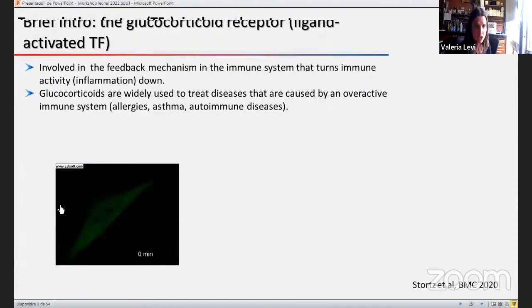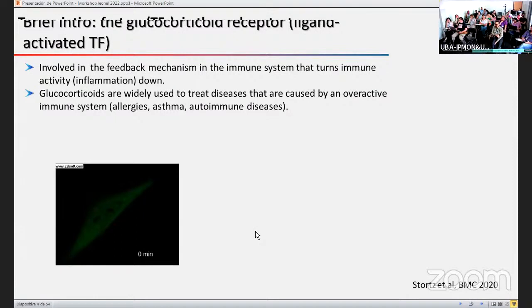So Diego talked a lot about the glucocorticoid receptor. Do you remember something? I can see you, so you can answer me. Just say yes or no. No? Okay. Well,